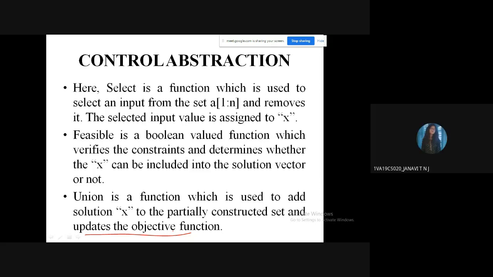No, ma'am. I should now keep track of that money. I have already taken one item of 600, so I have 1400 in my hand. So I keep updating that amount within myself so that I can choose the items accordingly. So add it, update the objective function. Understood? This is how it works.